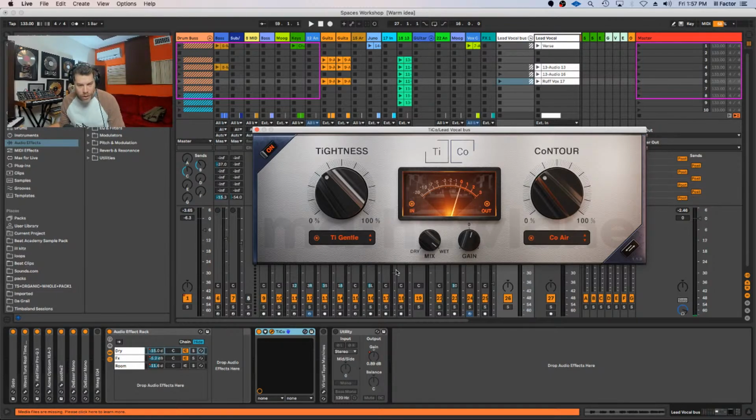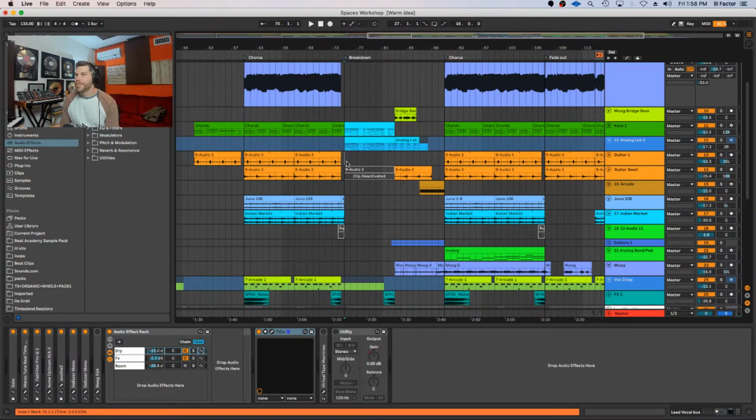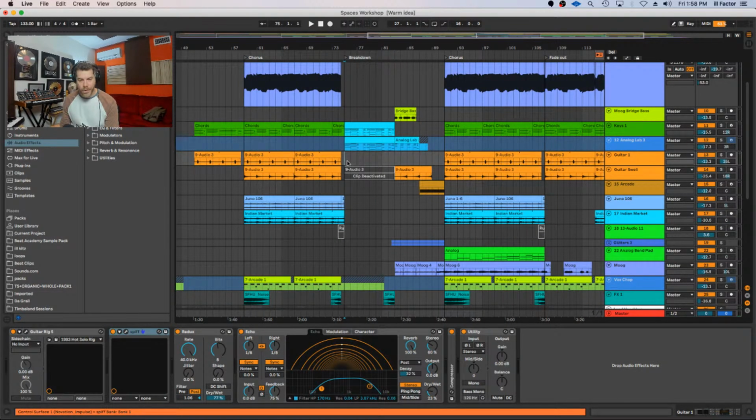A question for later: how and on which tracks did you pull off that filter sweep in the breakdown section of the song? I know this is supposed to be easy, but I almost never get it to sound right. The filter sweep, the bridge of the song. Let's go to the bridge. Let me see what you're talking about here.